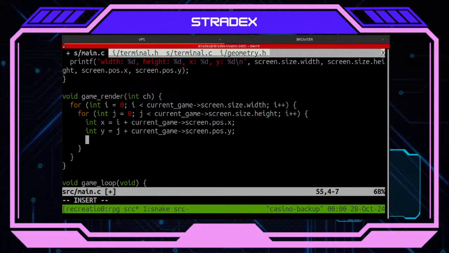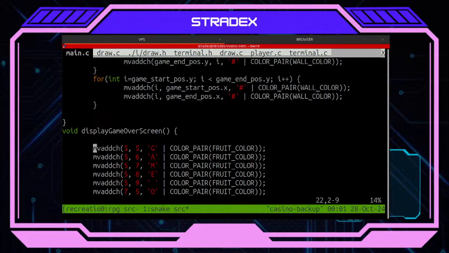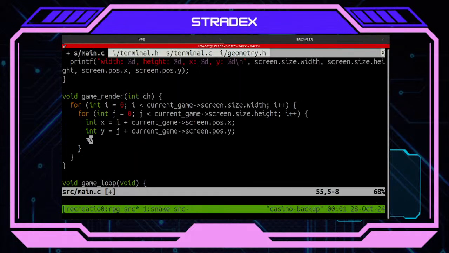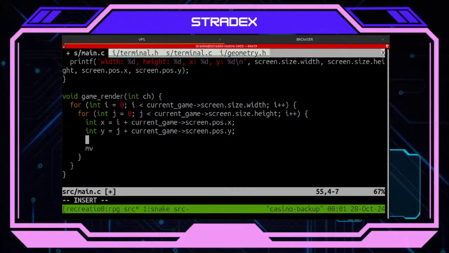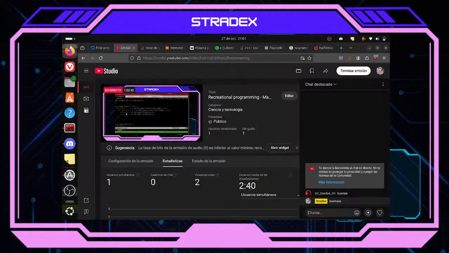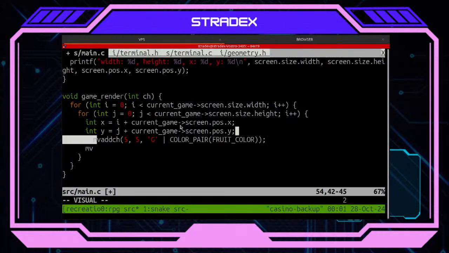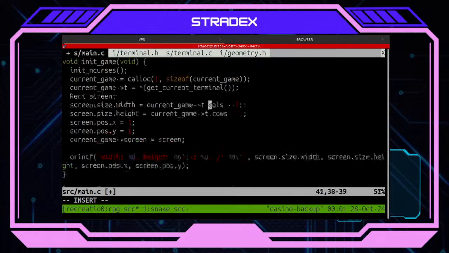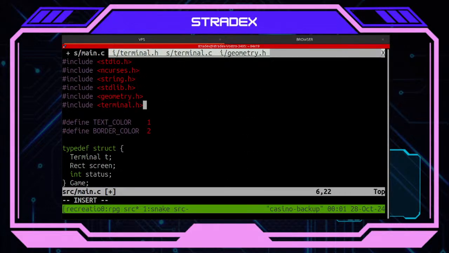And here I want to do my this one, yes. UI X, this is kinda confusing, I know. What colors I had? I had text color and border color, right?